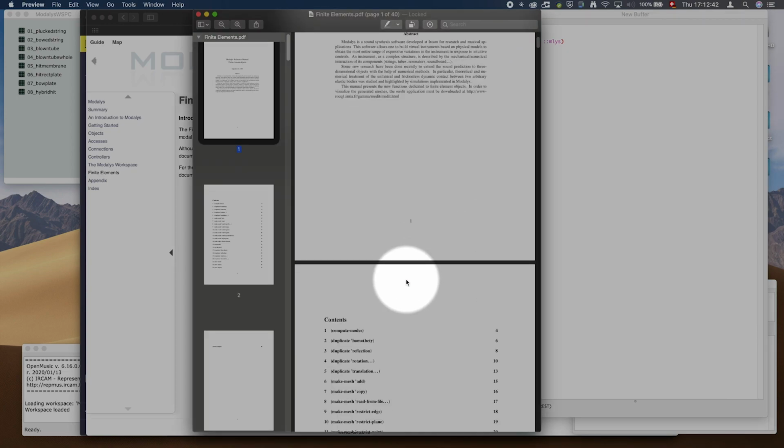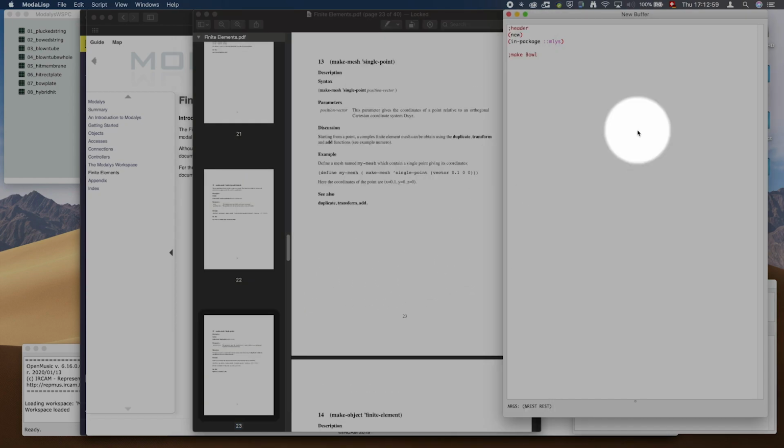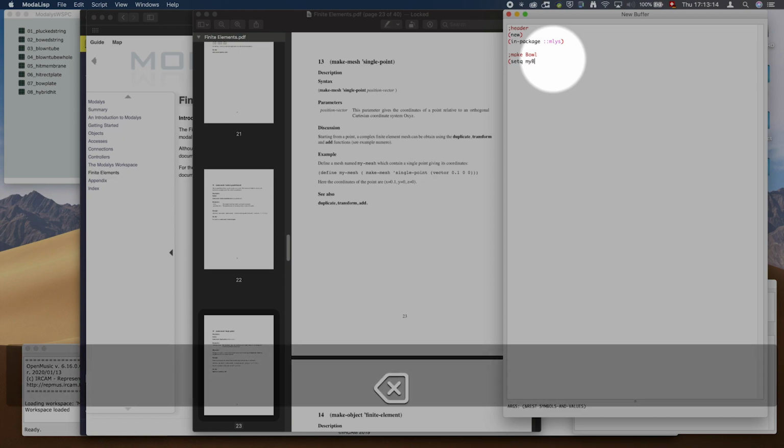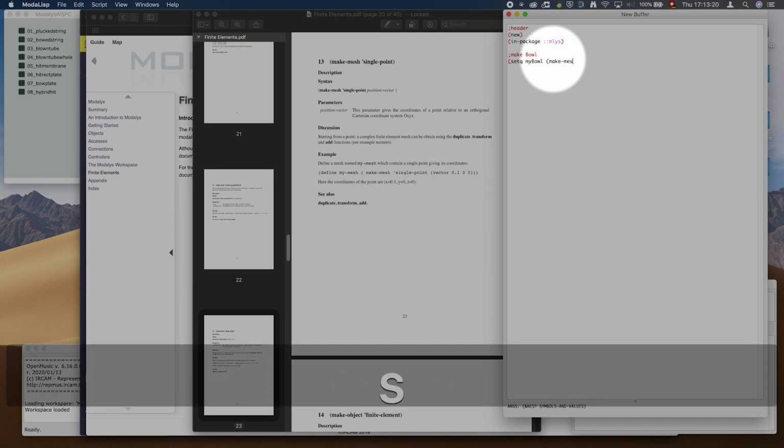To make a bowl, we actually need to orient ourselves a little bit. We need to construct that 3D form. How do we do that? We actually start, in this case, with a single point. So I'm going to set Q, and you can see it's a little bit older, there's still written define my mesh. If you try that, it's not going to work. But it's a set Q, my mesh, and no, my bowl. I want to call it my bowl, and it's make mesh single point